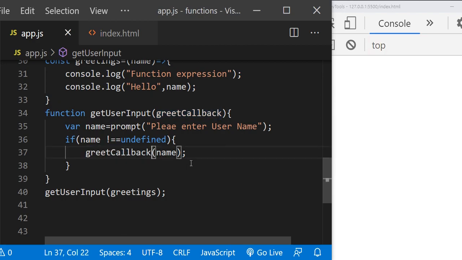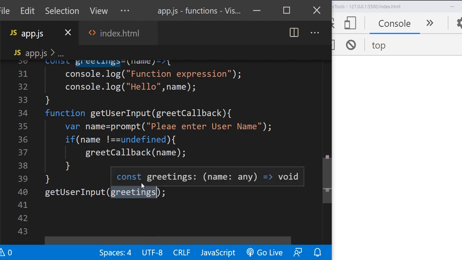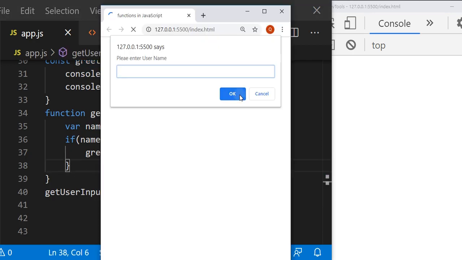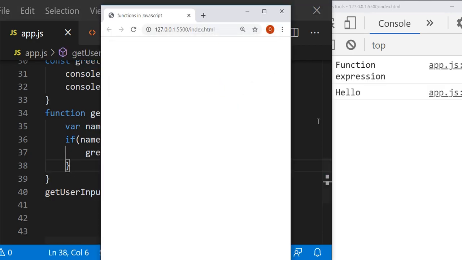As soon as you execute and call this function getUserInput, we are passing the greetings function as an argument. We are not passing any variables or values here, we are passing the function as an argument. Let's say if I pass okay here, what will happen?